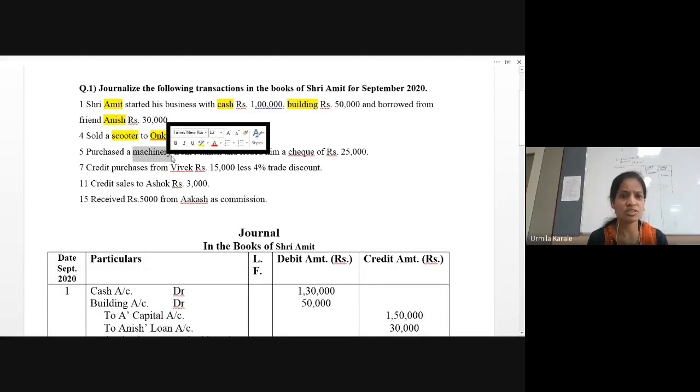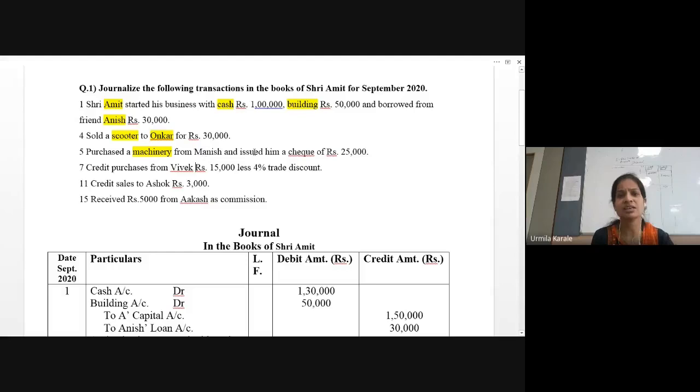If you purchase goods, then only purchases account. We have all seen when we looked at the terminologies. Purchase means purchase of goods. The machinery account. Now here you can see initially you might think it is purchases, but it is not purchases, because you're purchasing a machine. It is the machinery account. Now Manish, the name of a person has come. So always check cash or credit transaction. You can check. You have given him a check. When you have purchased, immediately you have given a check. Means it's a cash transaction. Means you are settling the transaction immediately, not a credit transaction.